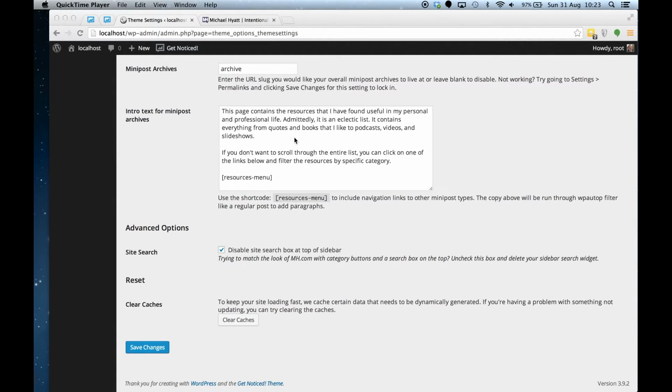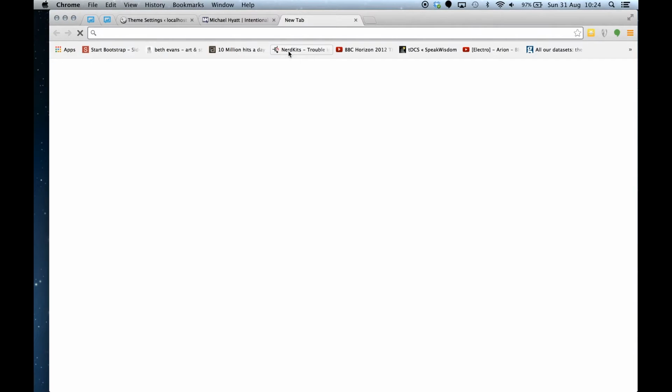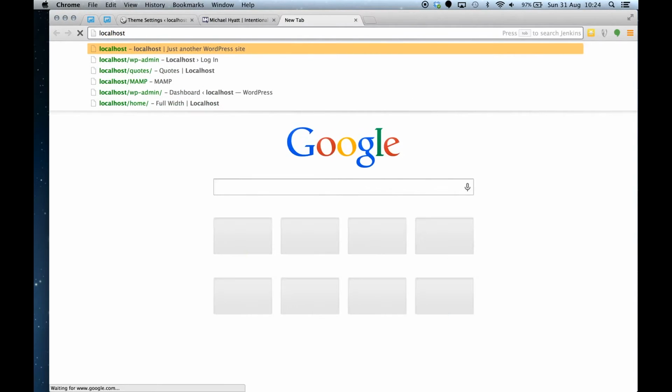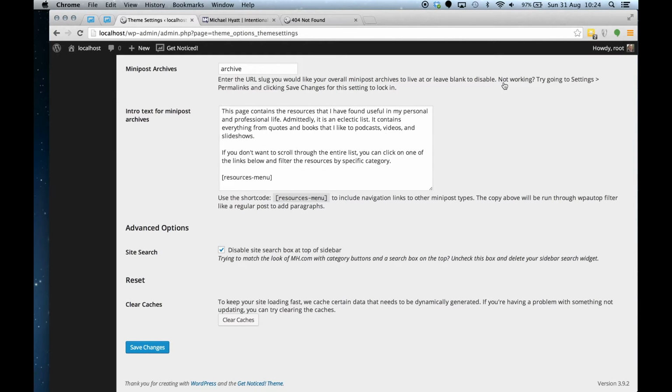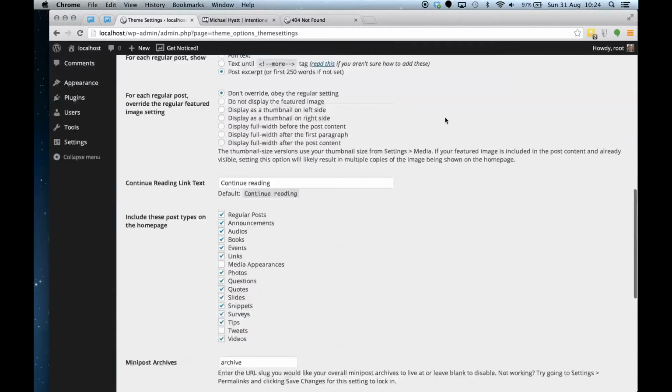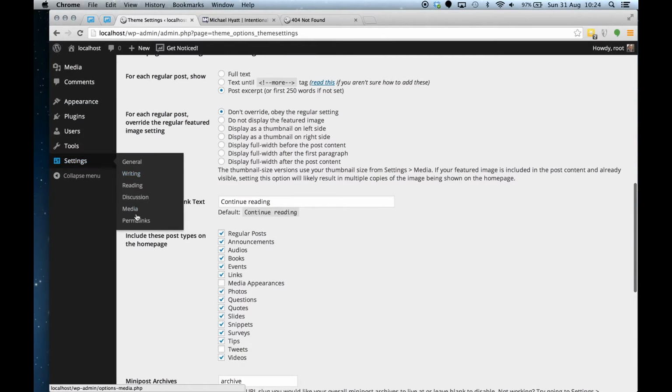So on mine, I called the archives. So if I go to localhost/archive, we'll see it actually 404s. And basically what this means, and as it says down in here, is that there might be an issue with our permalinks. So if I go up to settings and then permalinks,